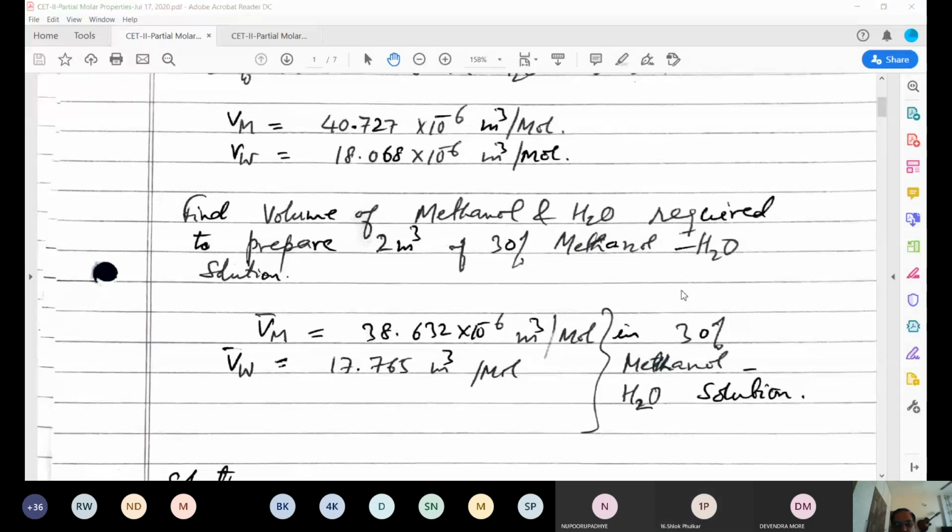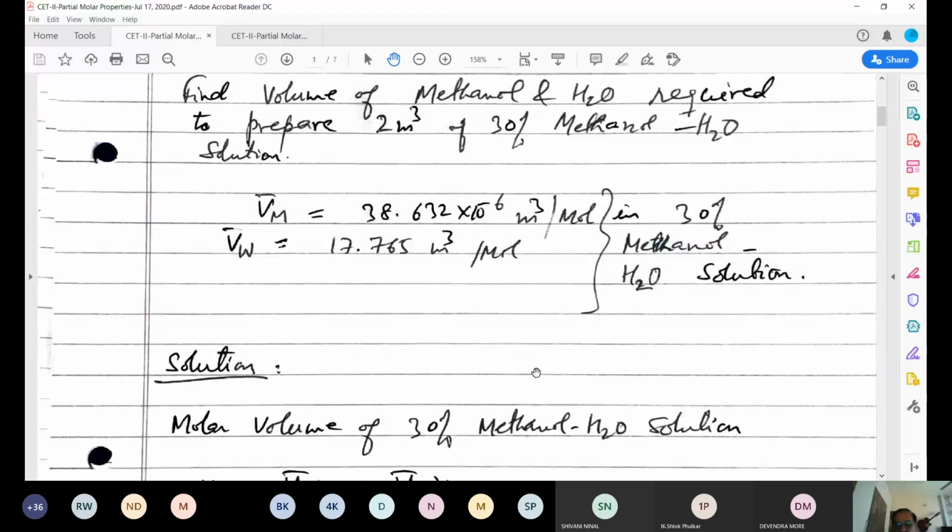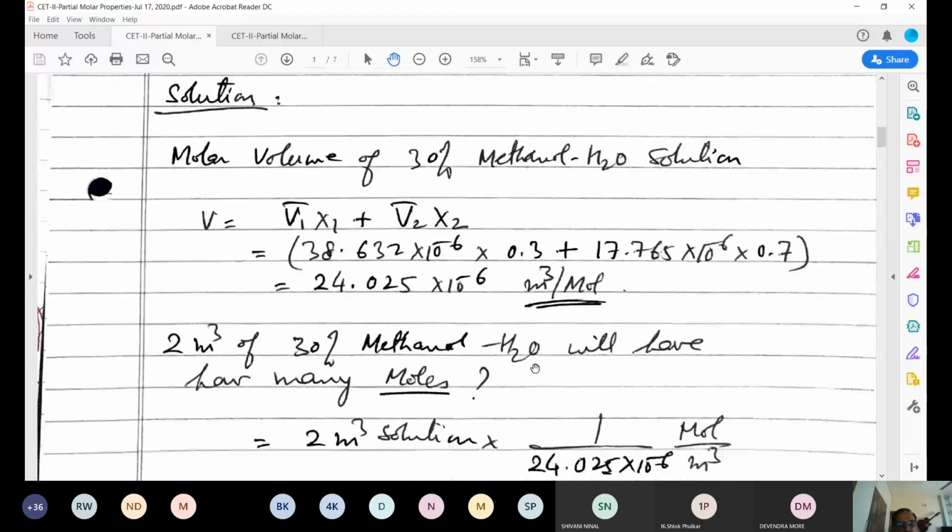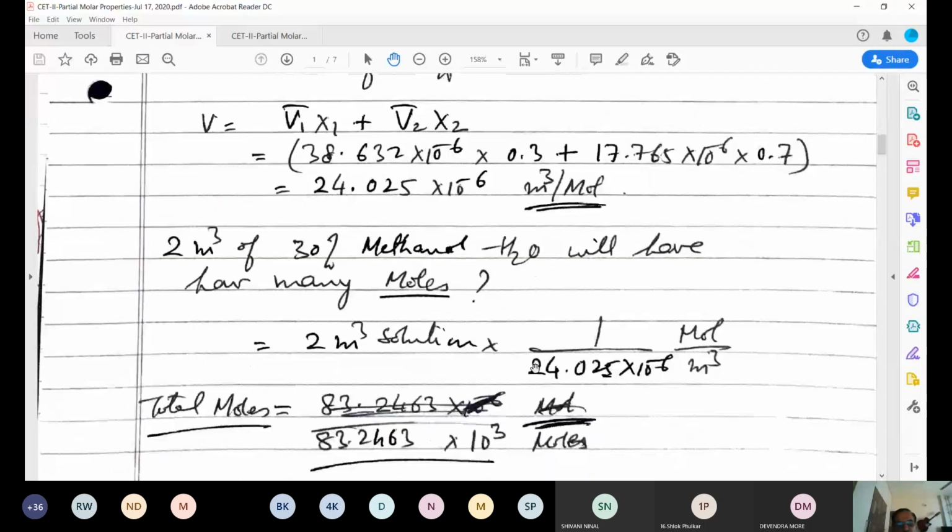हो गया? मिथनॉल का मोल्स आ गया, वाटर का मोल्स आ गया। शिवानी, आर यू कैलकुलेटिंग? हाँ सर, हो गया। सिद्धि, हो गया? हाँ, हो गया सर। सो वी हैव टोटल मोल्स इतना आया था।